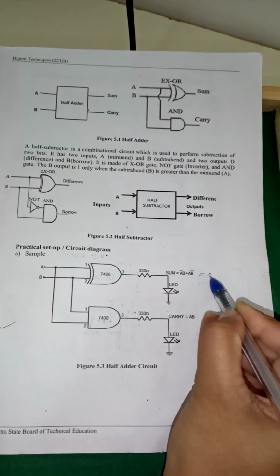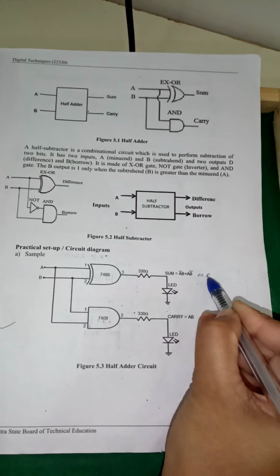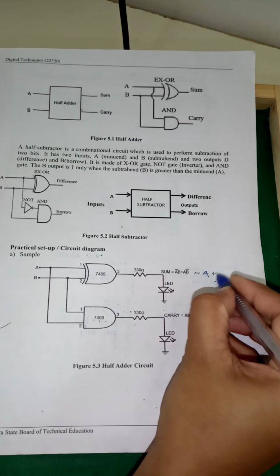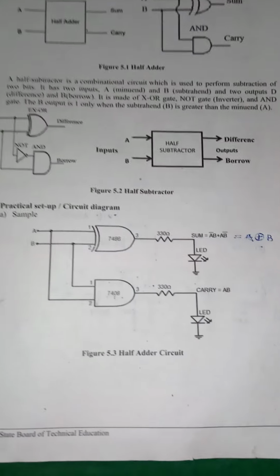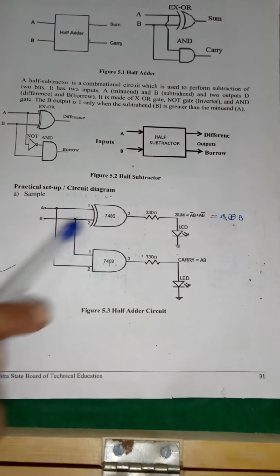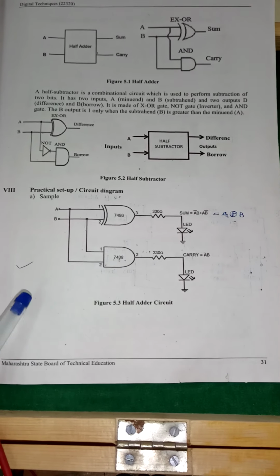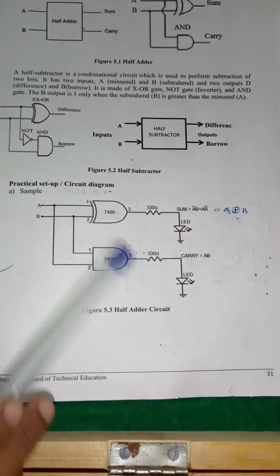Now this is the circuit diagram for half adder which we have constructed on the basis of 2-bit addition and 2-bit subtraction truth table. In diagram you can see that XOR gate, that is a sum, is designed. That means A XOR B with the help of XOR gate. So for XOR gate we will require 7486 IC and will provide input to pin number 1 and 2.